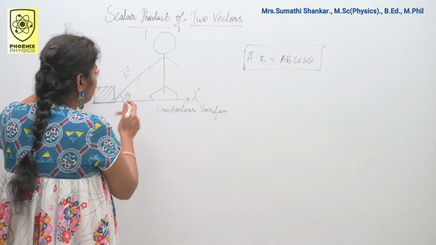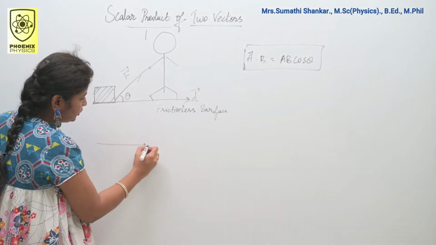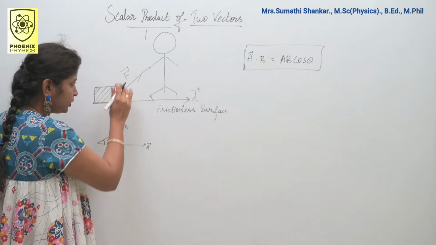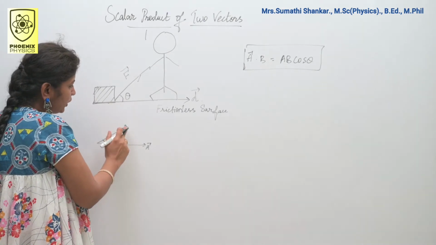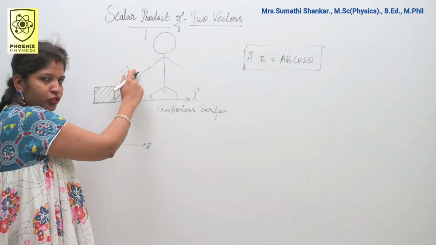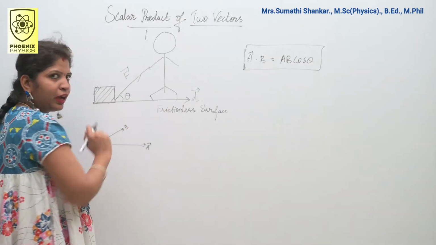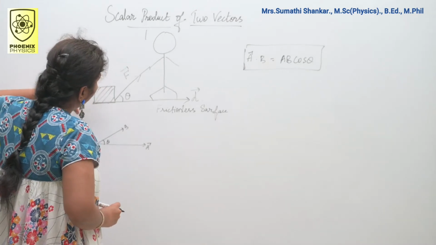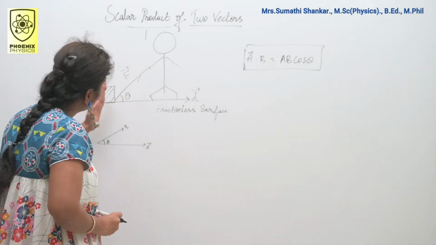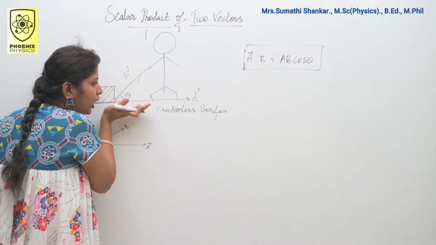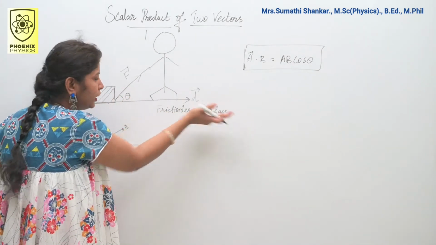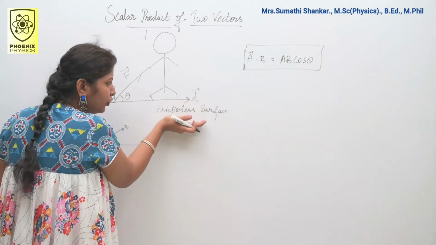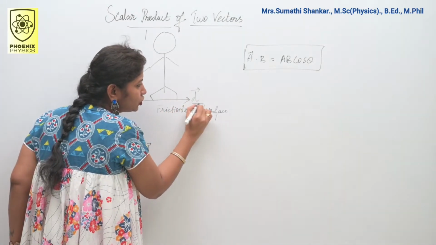This diagram is similar to our diagram. This is A and this is my B vector. It makes an angle theta. Same diagram only. Okay. So here instead of the B vector I have the force vector, and instead of the A vector I have the D vector. Up to this clear? Okay. Suppose you pull the block at an angle theta along a frictionless surface, then the object will slide on the floor along the direction of D.